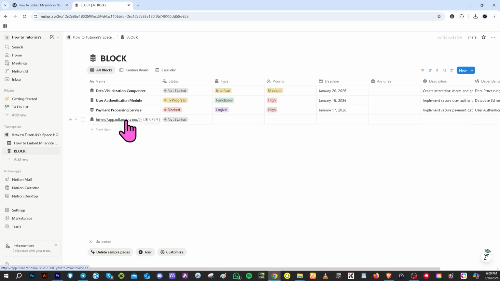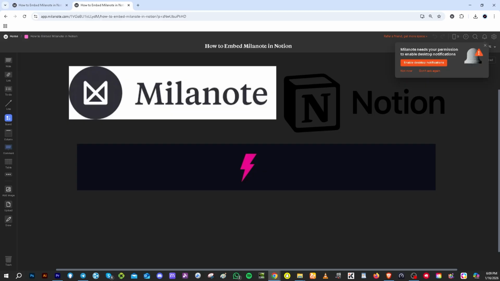Now, if you click on it, Notion will load your Milanote board directly inside the page. As you can see, you have been redirected to the Milanote itself. And basically, that's how you embed a Milanote board in